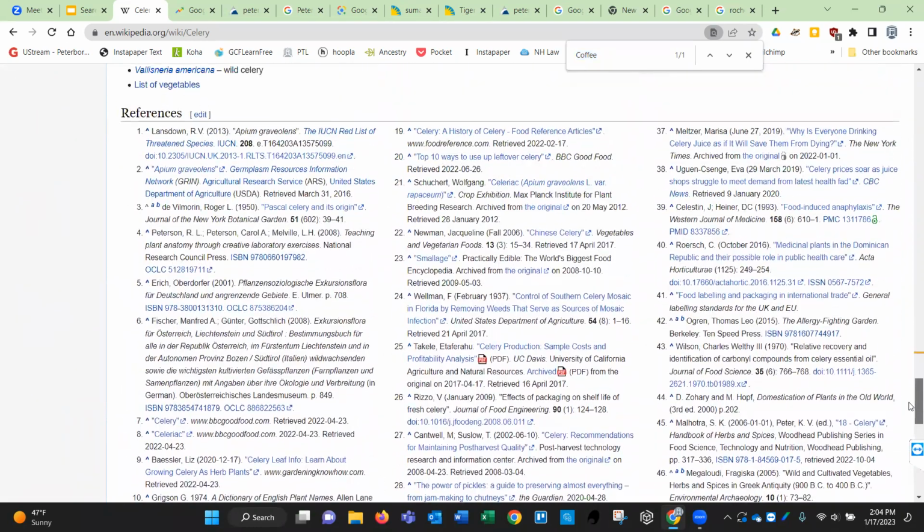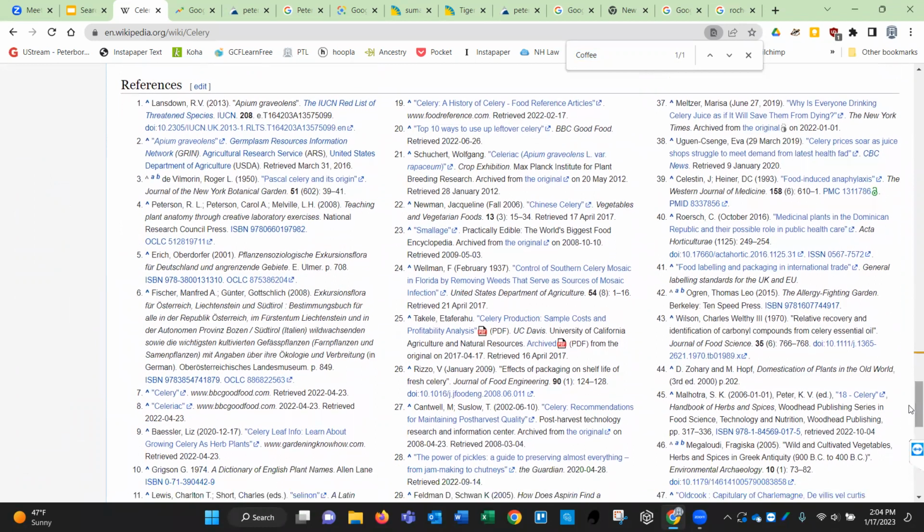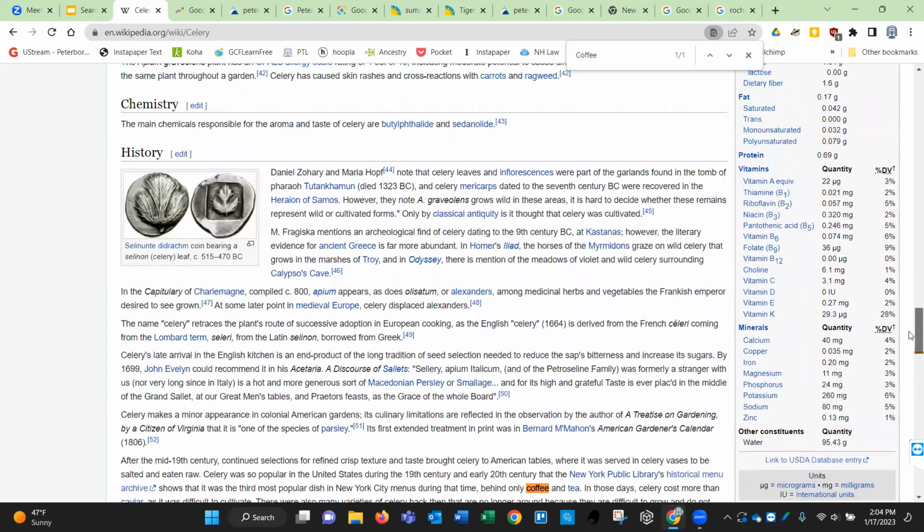Down here, you can see references. These references are generally to official reports or to what would be considered scholarly articles. So basically what you would do is you would go to the history of coffee, or celery, I guess. There's mention of the meadows of violet and wild celery surrounding Calypso's cave.